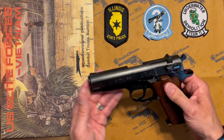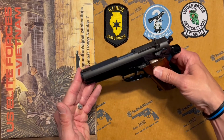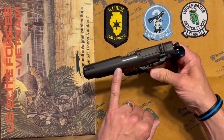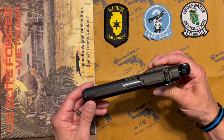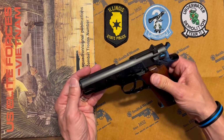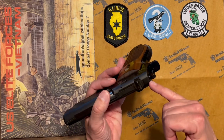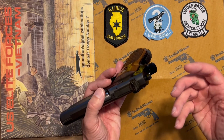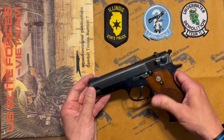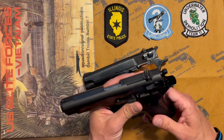And the slide is really well done. I mean, again, to me, it looks like a semi-automatic pistol should look. And if you walk around it, it's got this flat matte black at the top and down on the first portion of the slide, which reduces glare, it's just a nice touch. The sight is definitely a fixed sight, because it's part of the slide, which is kind of neat. And then if you look back towards the rear sight, it's certainly adjustable, but it's pretty unique. It almost has like a revolver kind of feel. I don't know the history on that particular sight and how they got there. They continued that with the 59, and then abandoned it for the second generation pistols and got down to a